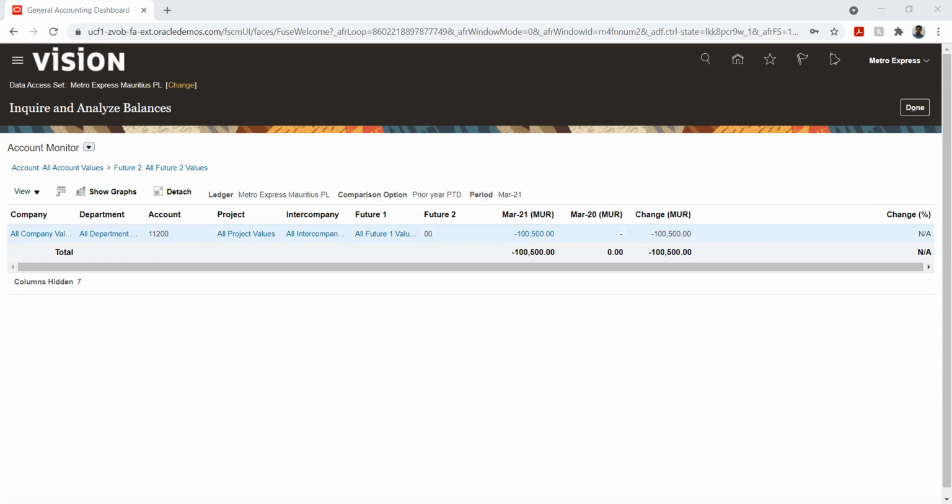Yeah, account inspector. So account inspector will basically give us the same result, in the sense this will give me the balance for a particular account, which means account monitor and account inspector are both going to give me the balances of a particular account. But the difference is that I have account inspector on one side where I can drag and drop certain fields and derive these balances based on the combination.